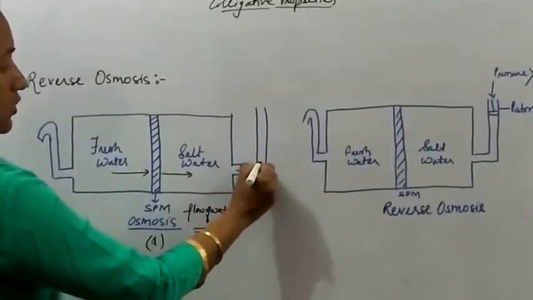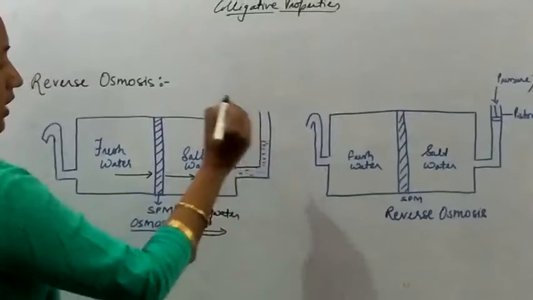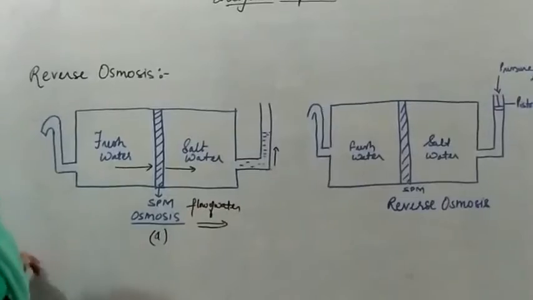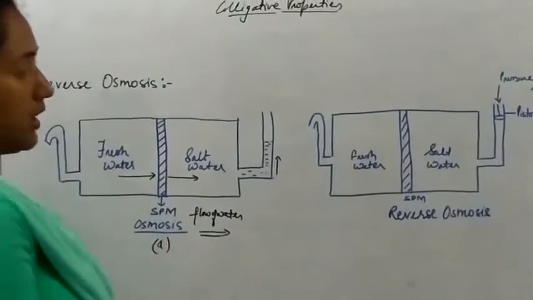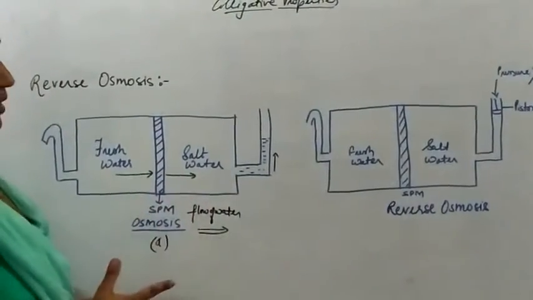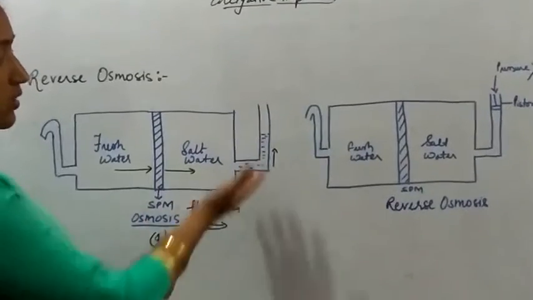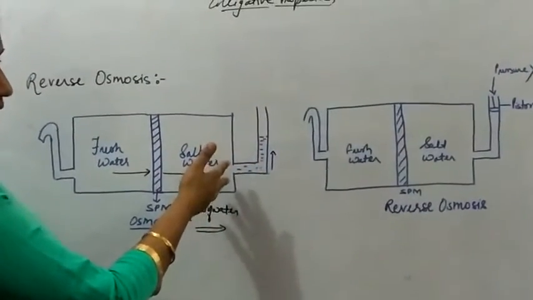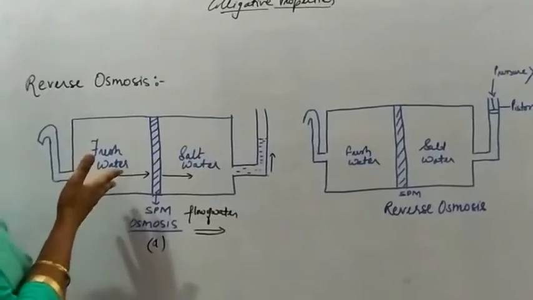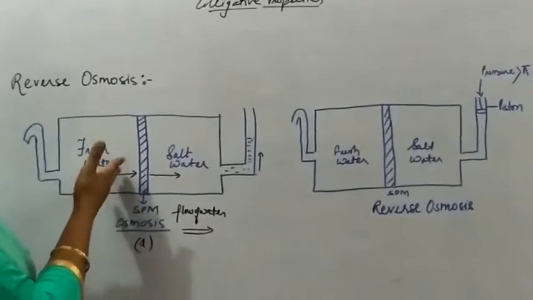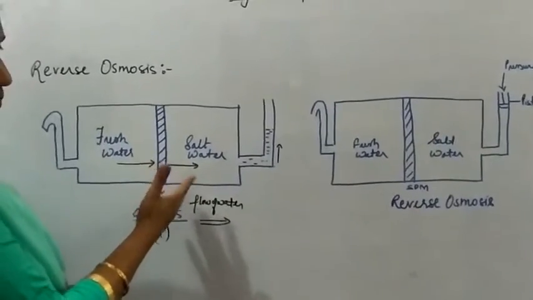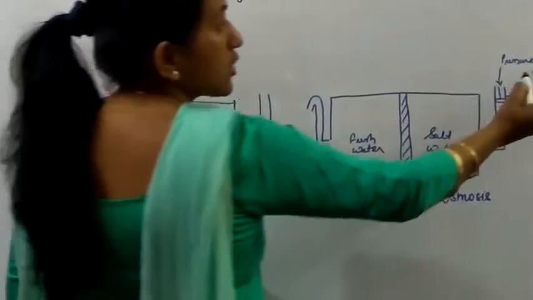The level of the salt water is going to rise up here. There will be a rise on the solution side. The atmospheric pressure is being applied here. Now when we want to stop this flow, we apply an extra pressure toward the solution side, a pressure more than the atmospheric pressure, so that we can stop the flow of the solvent and no more solvent molecules come into the solution side through this semi-permeable membrane. That we call the osmotic pressure, pi.